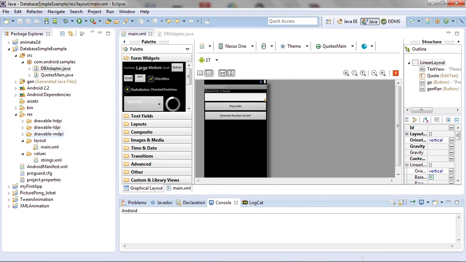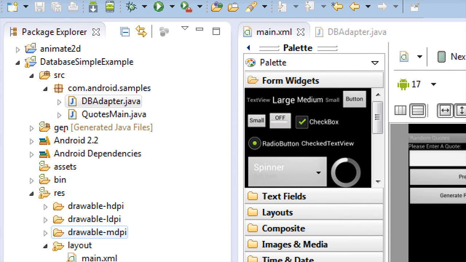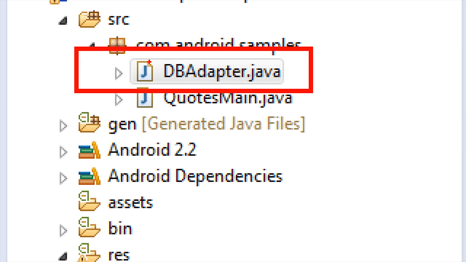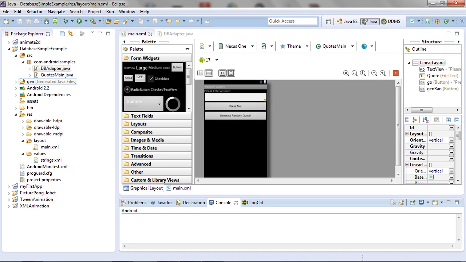For the people who like details, you may have noticed that not only do I have a main activity class, I also have an extra Java class added to my project. So what is this? This will help us use all the database concepts that we know. Okay. This extra class allows us to make use of a database, save data, and get that data later on without bogging down our main activity with a lot of programming code. So we'll take a look at this one first. And we'll go back to the screen that you're seeing now for later.